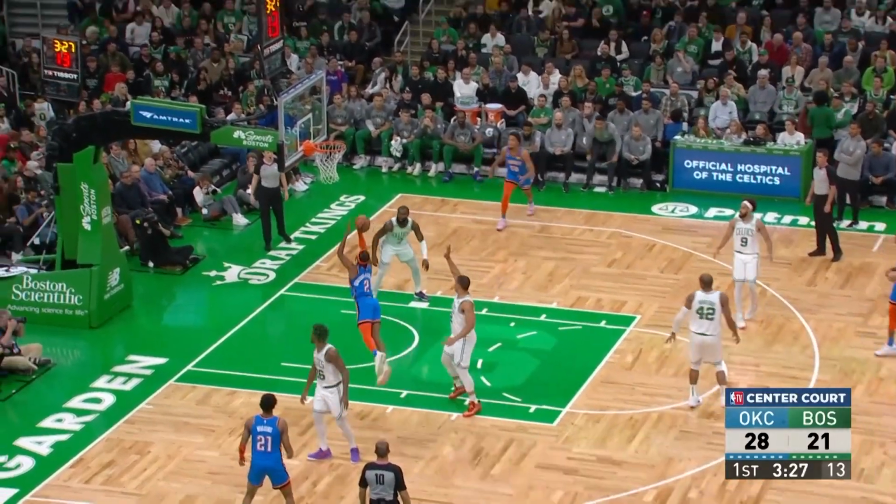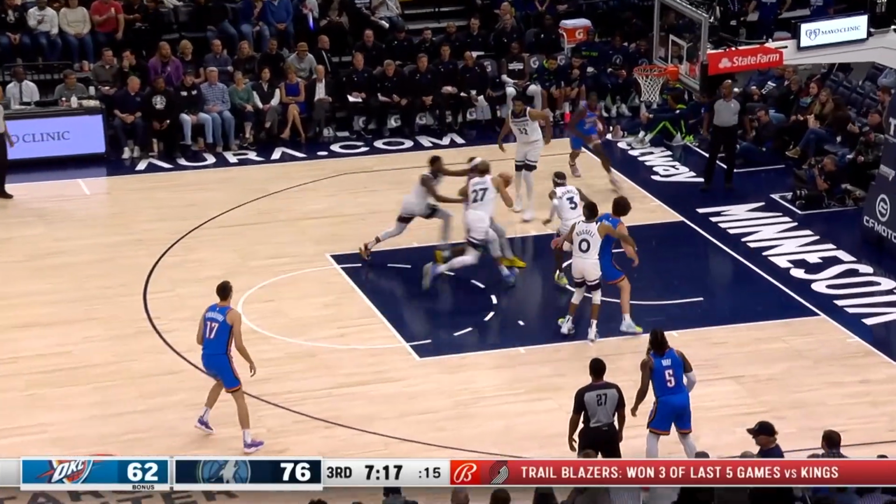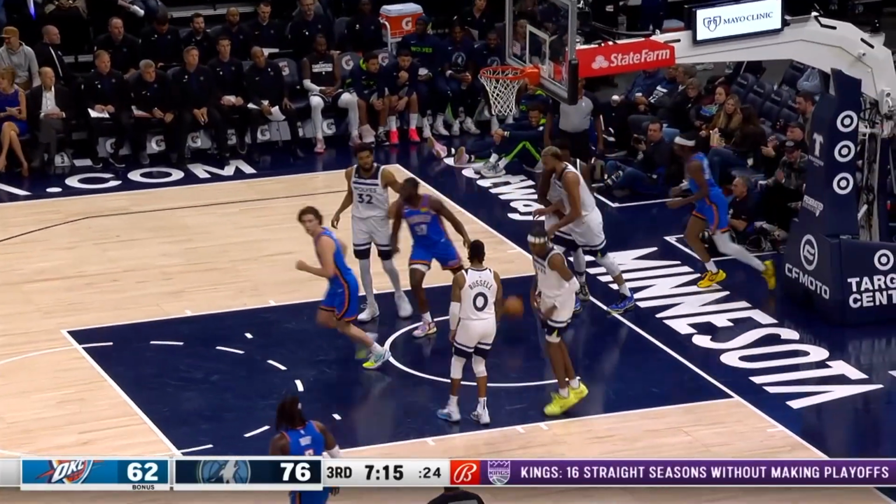28-21, OKC on top. Step through from Gilgeous-Alexander, great footwork. That draw and kick game back in the early 90s. Spread the floor, shoot threes. Gilgeous-Alexander with the